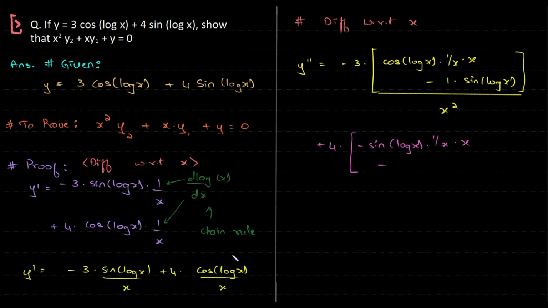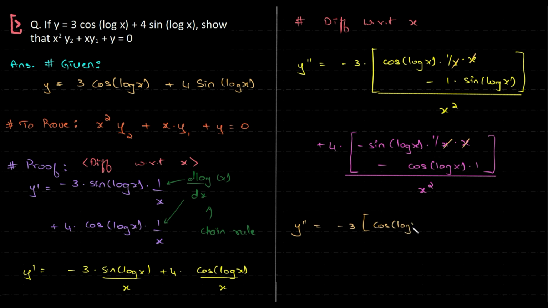Minus, then again the derivative of u, so which in this case again is 1. This entire expression divided with x square. And finally we can simplify this a bit. So here x and x gets cancelled and nothing else. So we have minus 3